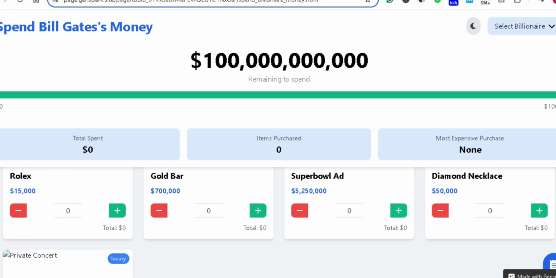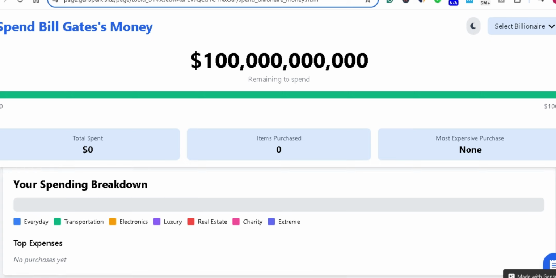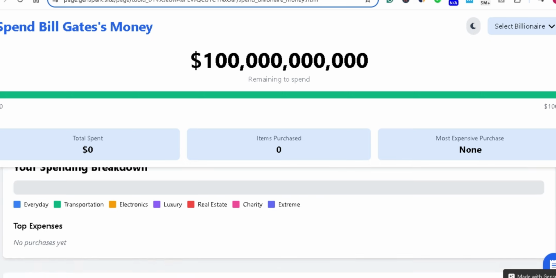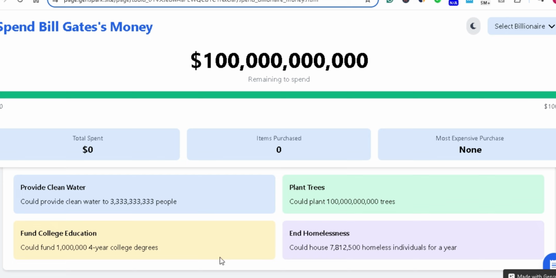distributed or split into a number of areas or categories. And here you can see that there are alternative uses for this, that with this amount we can provide clean water to this many people. We can plant this many trees with that much amount.